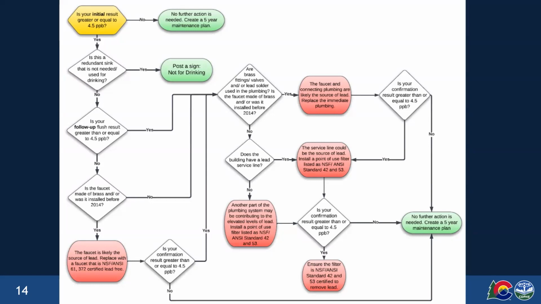If it is that, then we would want to take into consideration replacing the faucet and supply lines. We may ask if you have a lead supply line or other questions to understand your plumbing better to find the best fix. If we find that you have a very persistent lead problem, your flush samples are high, but everything is certified lead free, then we can look at a point of use filter.